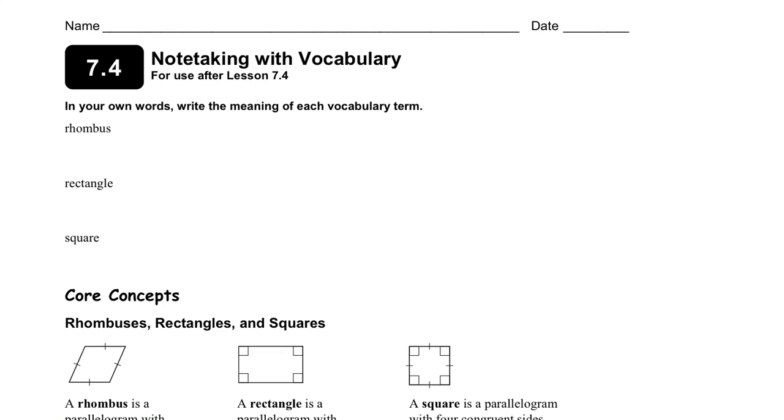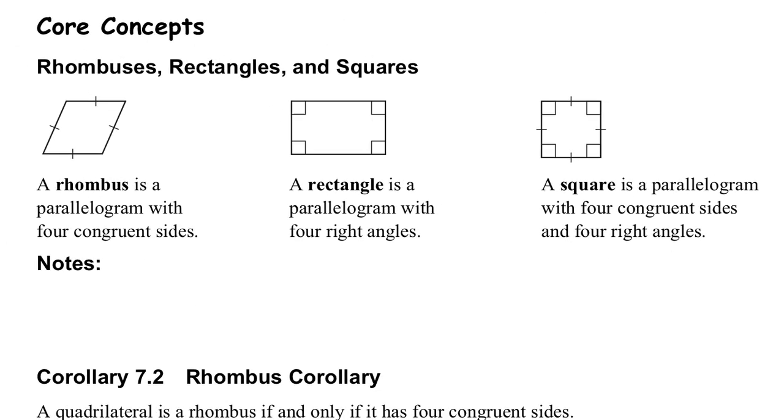We are in 7.4, which is properties of special parallelograms. All right, so we're going to talk about a rhombus, a rectangle, and a square today. Instead of filling in the definition here, we're just going to look at what we have at this part of our notes. A rhombus is specifically a parallelogram with four congruent sides. A rectangle is a parallelogram with four right angles, and a square is a parallelogram with four congruent sides and